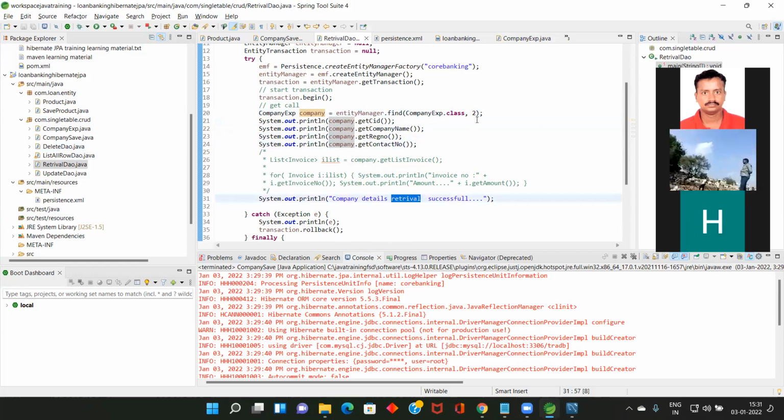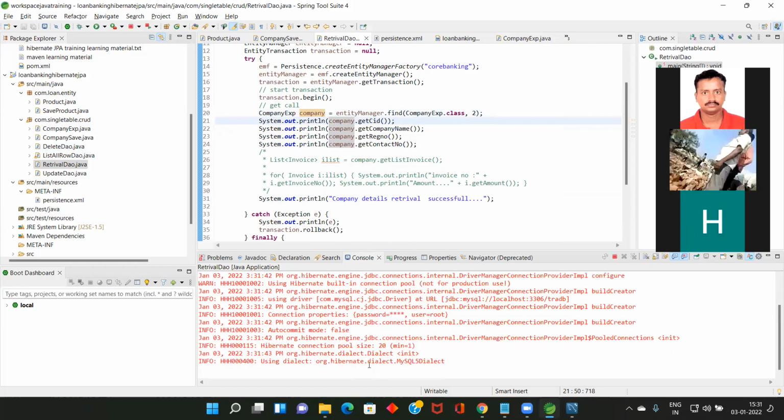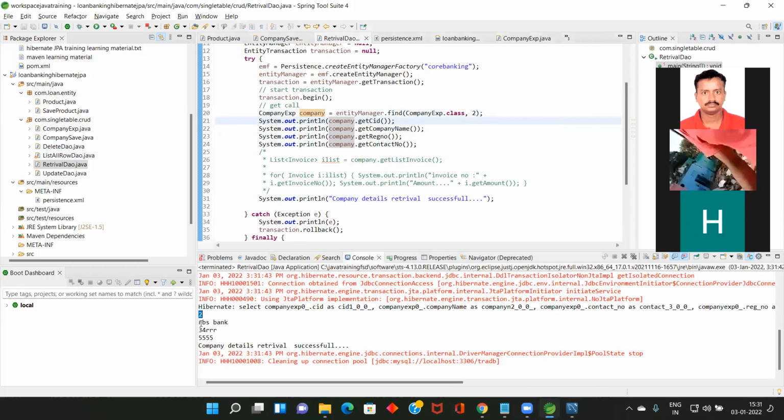Company retrieval details successful. Now the second record will come here, run as Java application. See here, 2 RBS Bank, 3 RR is the registration number and 555.